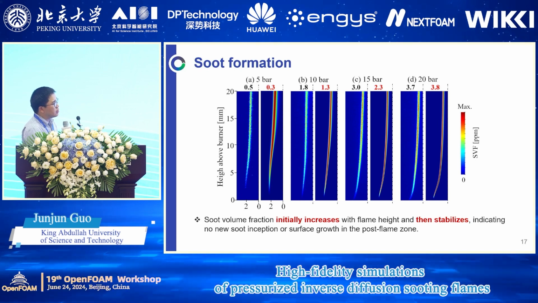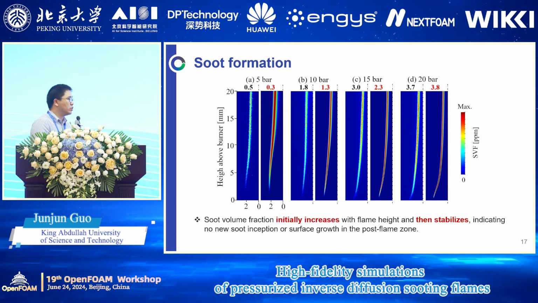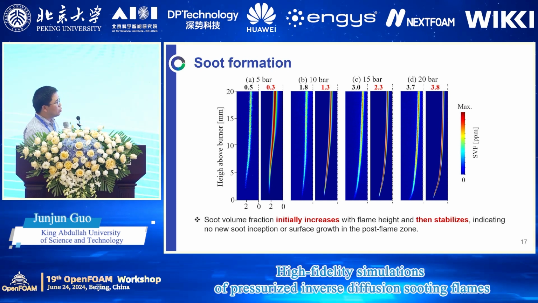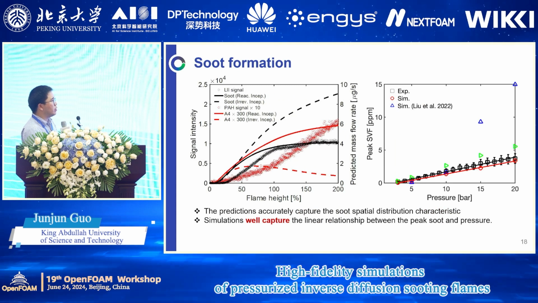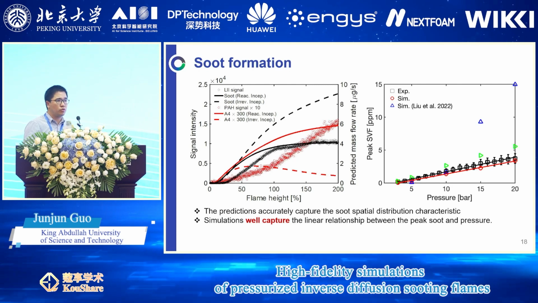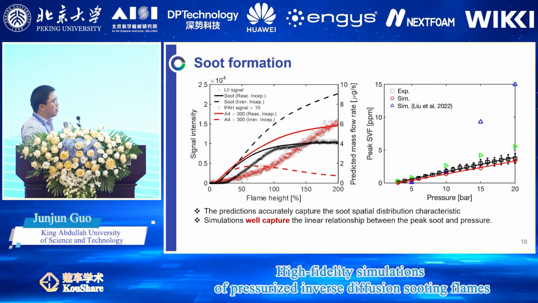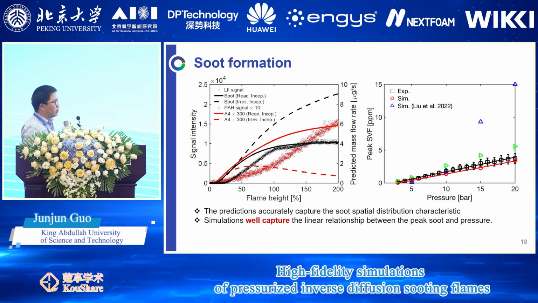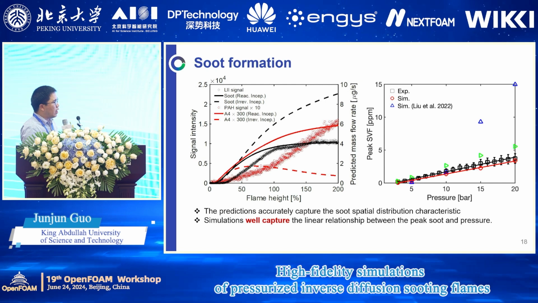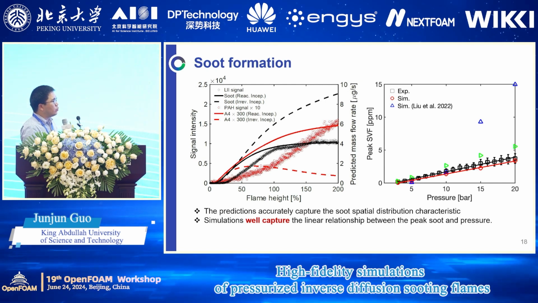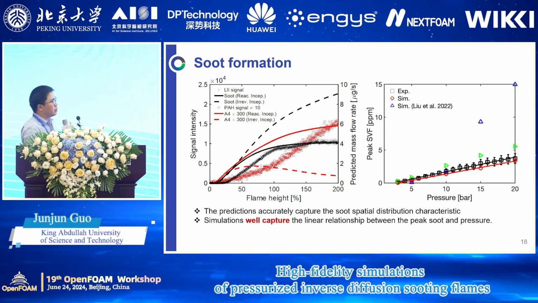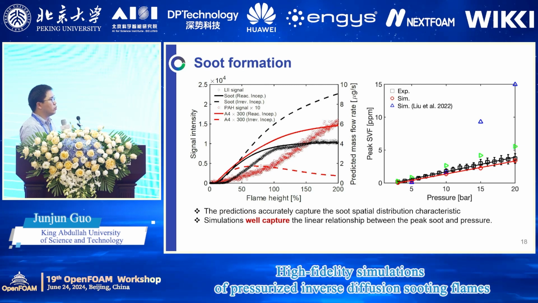And also you find the same observation as with the PAH, that the soot is more close to the flame center line. To do some more clear correlation, we plot the soot volume fraction, the mass fraction of PAH and soot, as well as the measurements along the flame height. So here we normalize by the flame height. So you see that this 100 means this is the flame region. You see that the soot increases in this region, and then it almost stays unchanged here. But the PAH you find continues to increase.